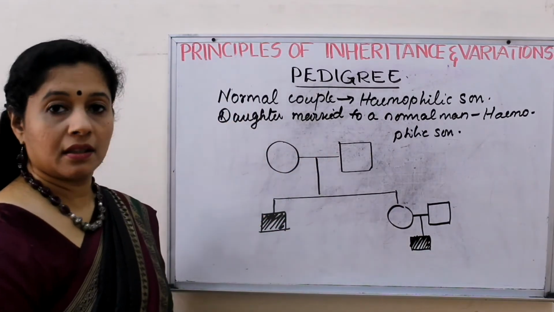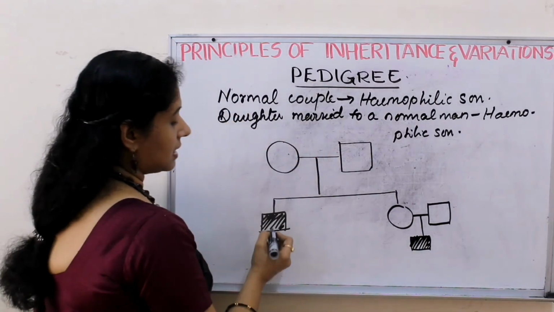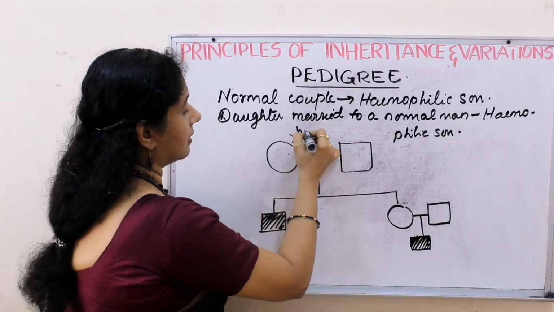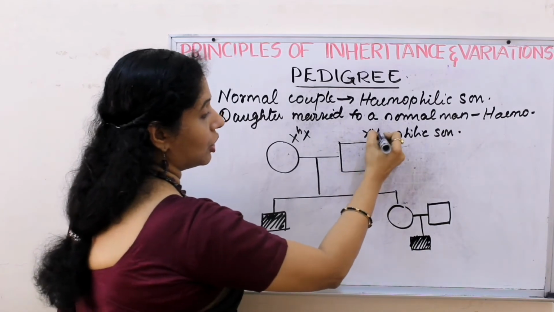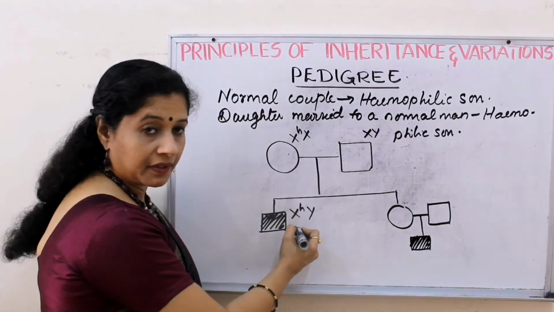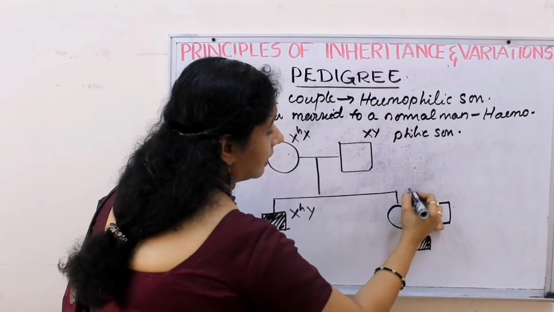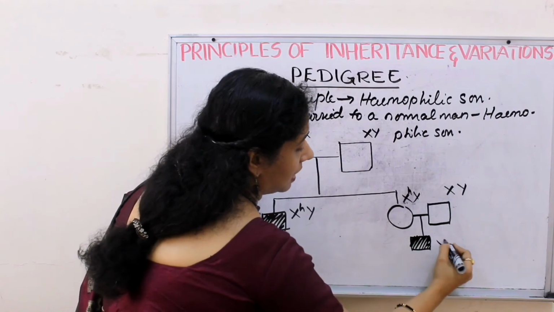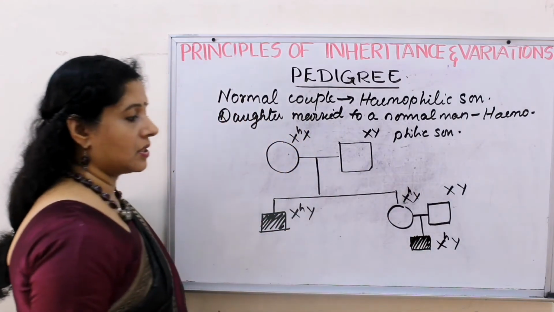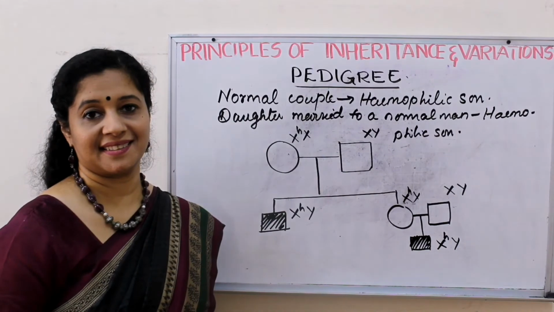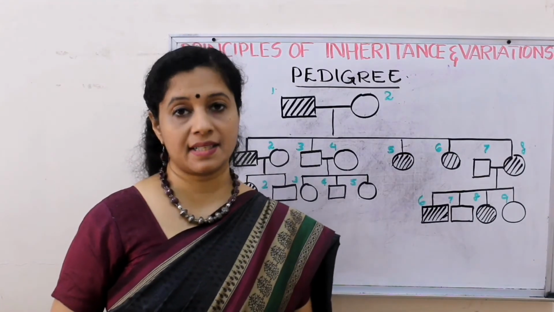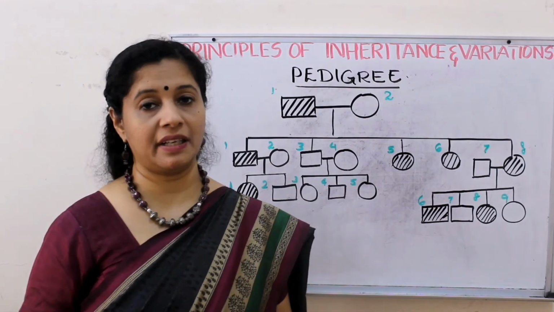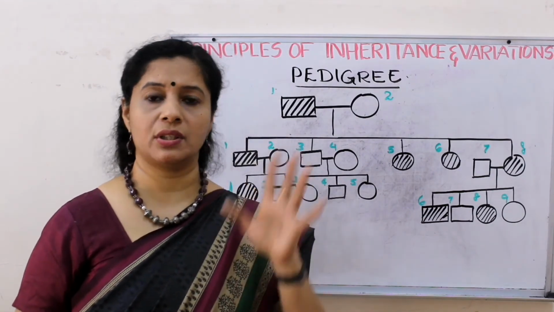So now let us write the genotype. This mother is giving this disorder to her son, so mother is a carrier. Father is normal. This son is affected. Here is a carrier daughter because her son is affected, husband is normal. So this is the pedigree of this family. So far we found one autosomal recessive pedigree, then we did 2 pedigrees on sex-linked recessive or hemophilia. Color blindness is also the same, only the superscript will change.